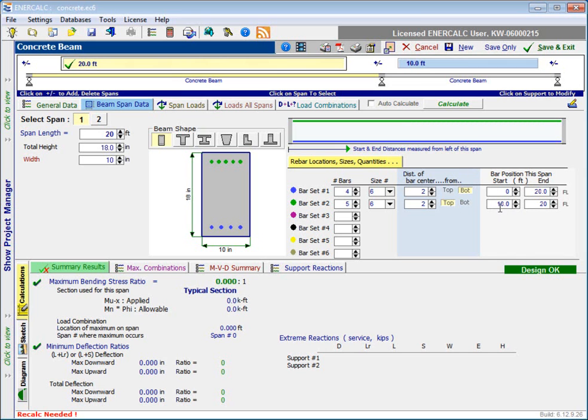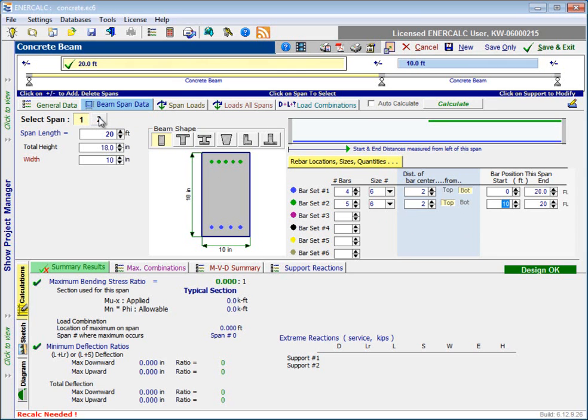To modify it back to the way that I want it to be, I'll just change the 0 starting location to a 10, and then I may need to just toggle there to register that data and make sure that the program recognizes it. So that's the rebar layout that I'd like to try for span number 1 in our